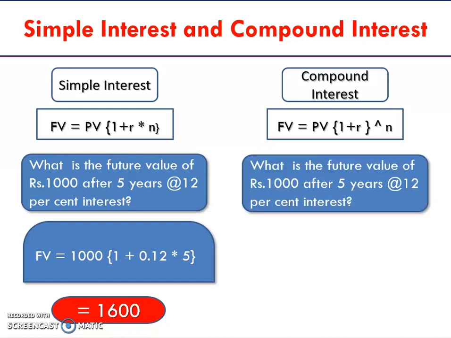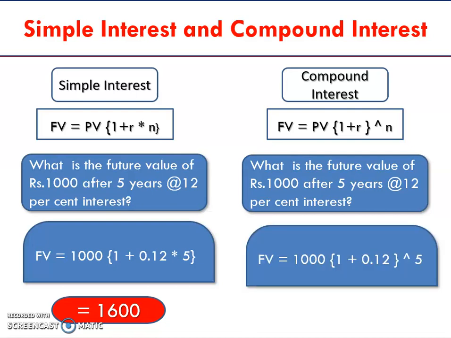So for example, taking the same question, what would be the future value of rupees 1000 after 5 years at 12% interest. Here we can see that future value would be calculated as the 1000 rupees that you have invested as a principal amount plus the 12% interest on which the compounding effect is seen, because whatever interest you're earning each year gets added on to the principal and then gives a compounding effect, and so your future value of investment becomes 1762 rupees and 34 paise instead of only 1600